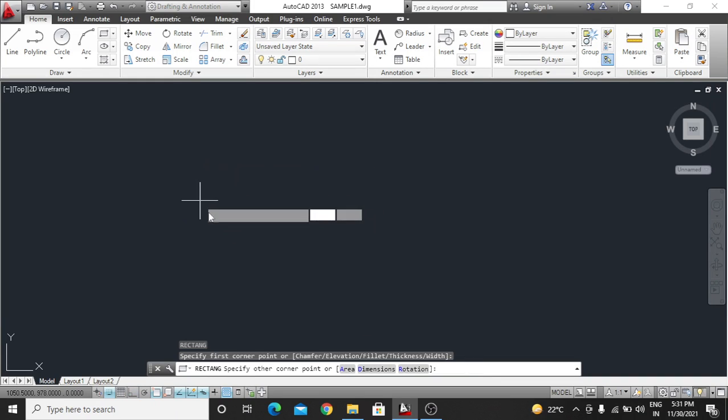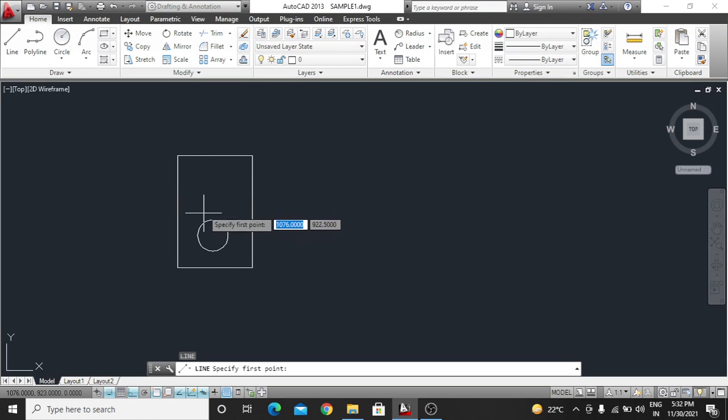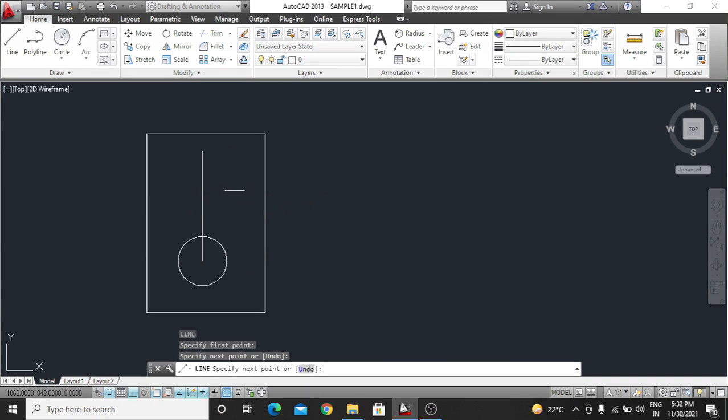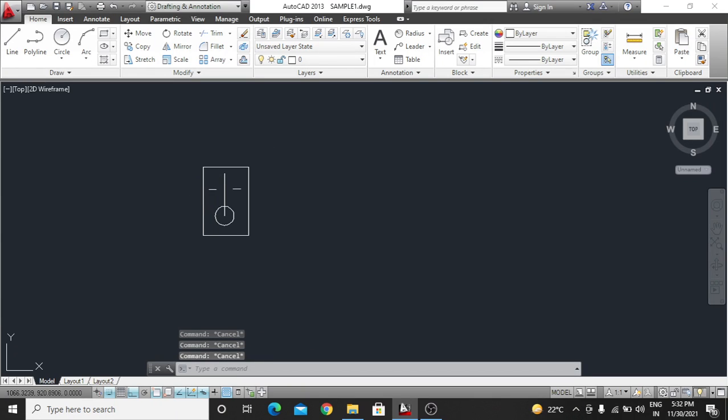For example, you have a rectangle and a circle in it, and another object in this. So you have made a small design and you can save it, right? You have many objects in a window, right?